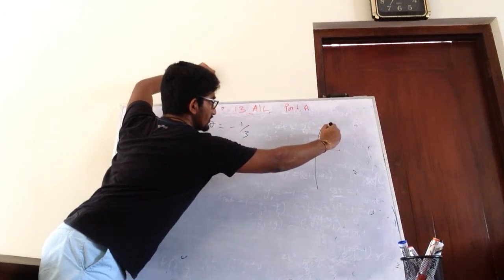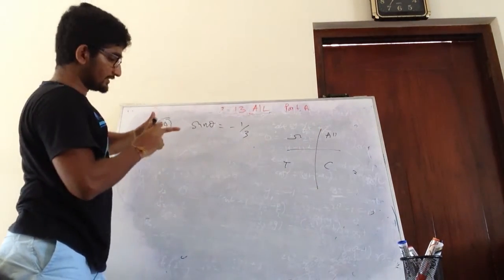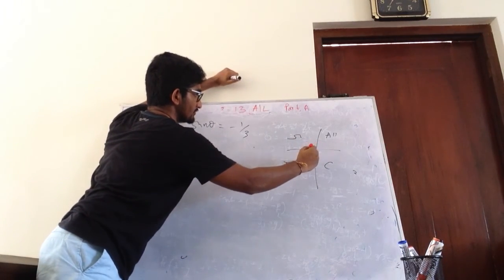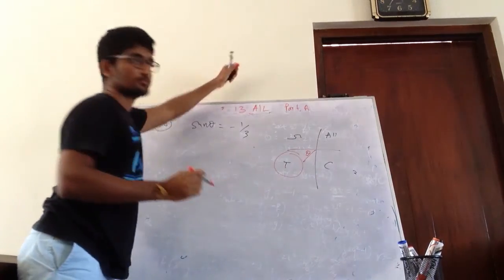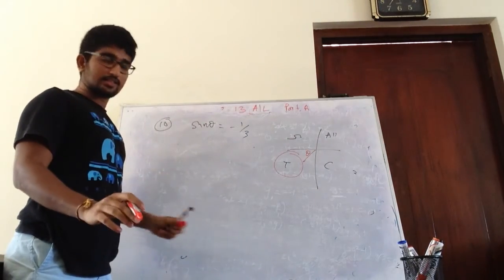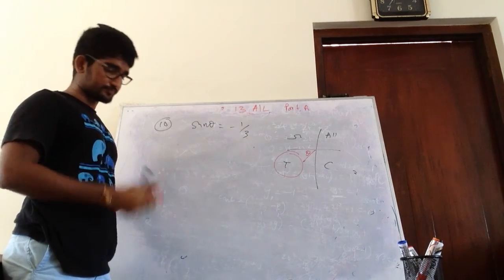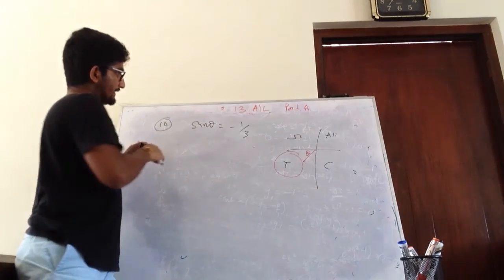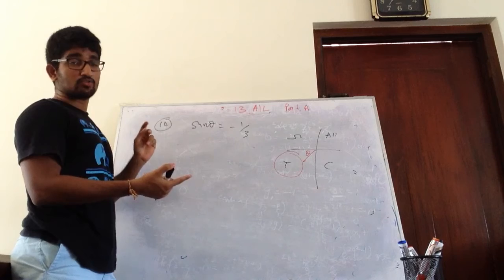So basically, this is the third quadrant. Now this theta is somewhere here, in this region. In this region only tan is positive. Correct, no? So now since sin theta is equal to minus 1 over 3,